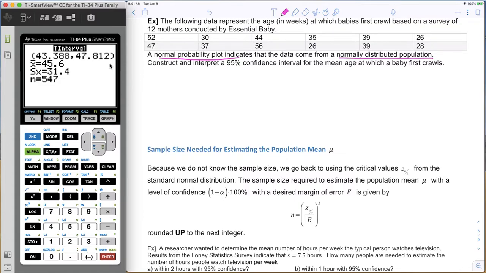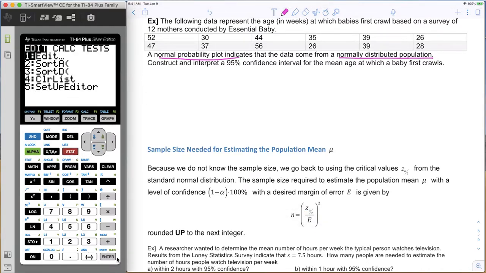Remember, the last requirement is either the sample size is large or the population is normal. So here they're telling us the population is normal. Construct and interpret a 95% confidence interval for the mean age at which a baby first crawls. So the first step, of course, would be to type the data values into L1. So we're going to go to Stat, Edit,